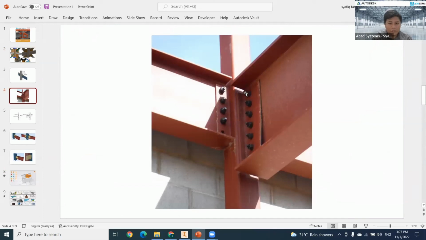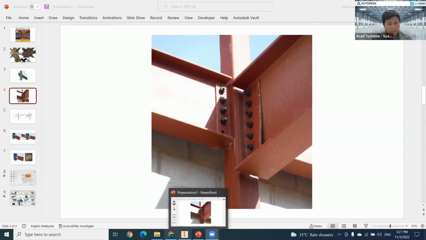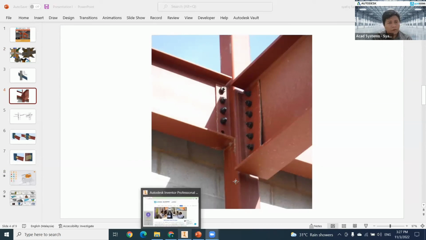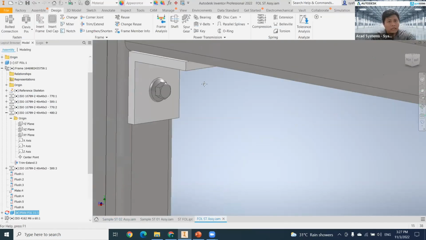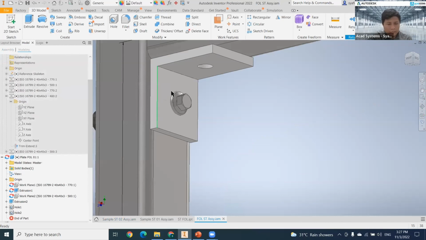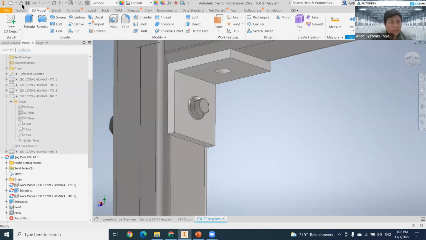In certain cases, you need to have this kind of welding. What you can do is go back to your software and go to your part. You can do a fillet. If you want to use the manual method, you can use this fillet. But Autodesk also has one feature, which we call Weldment. This object can be opened using Weldment. I can directly create a new